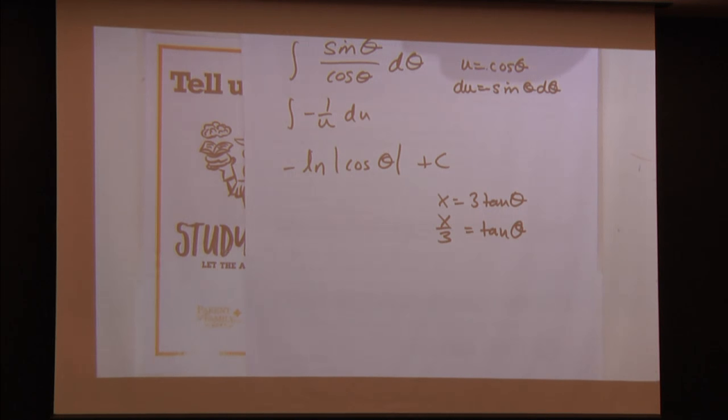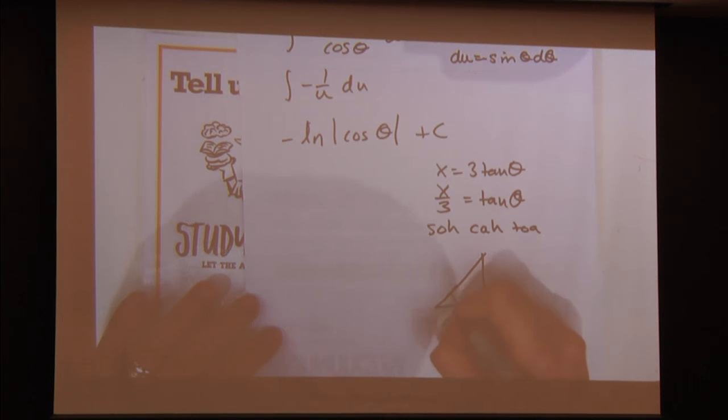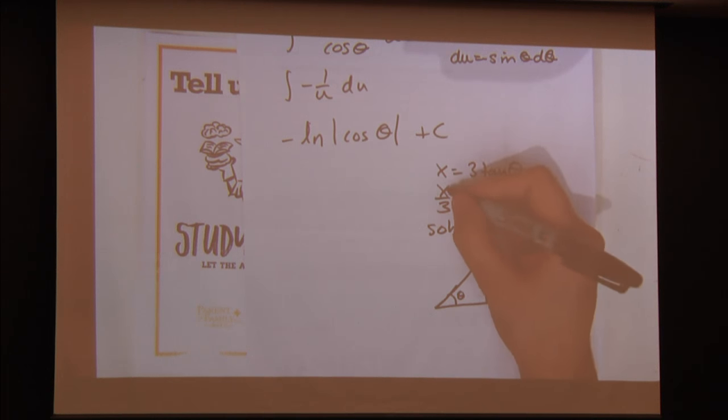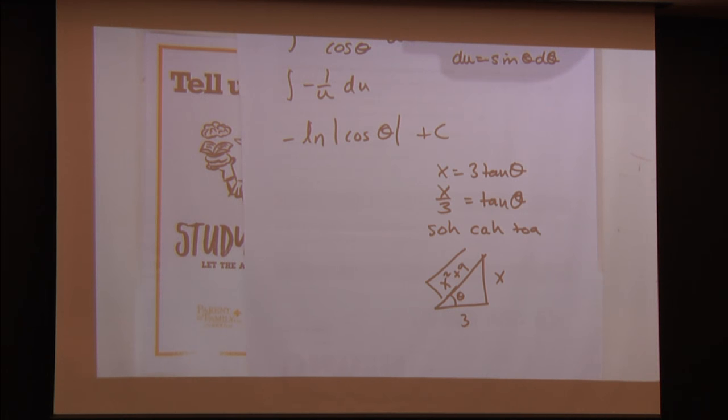So you learned in grade school, SOHCAHTOA. It comes back to haunt you today. TOA means opposite over adjacent. The H is always over hypotenuse. So if this is my theta, this is my opposite, which is x, the adjacent is 3, and the hypotenuse is the square root of x squared plus 9. Triangle. I want to find out what